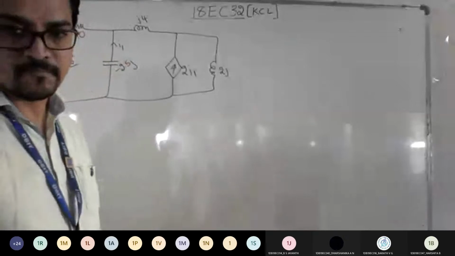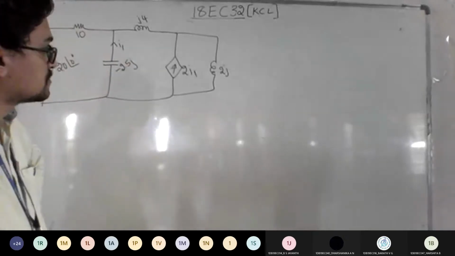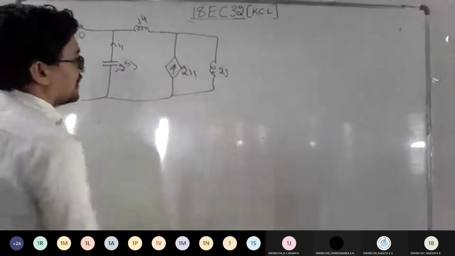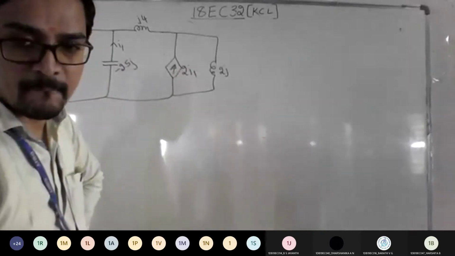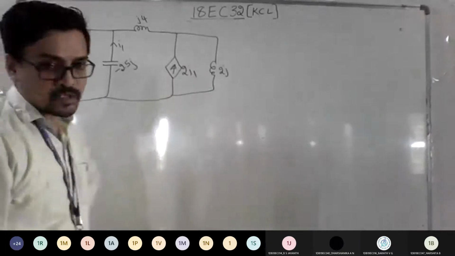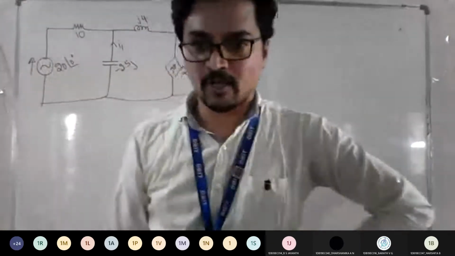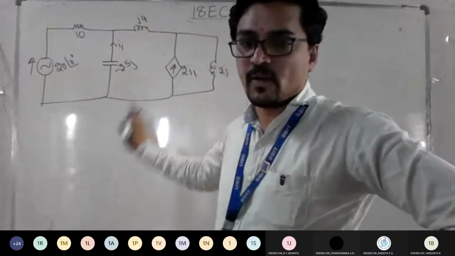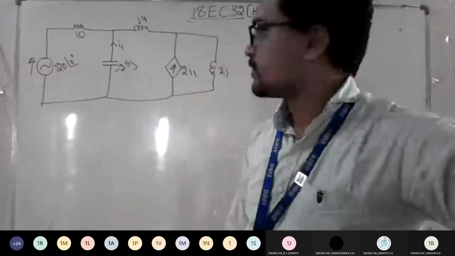Is the question visible to everyone? Yes, sir. Okay, fine. So this is the category we asked about, right? We left out the last type, so AC analysis with a dependent type of problem.